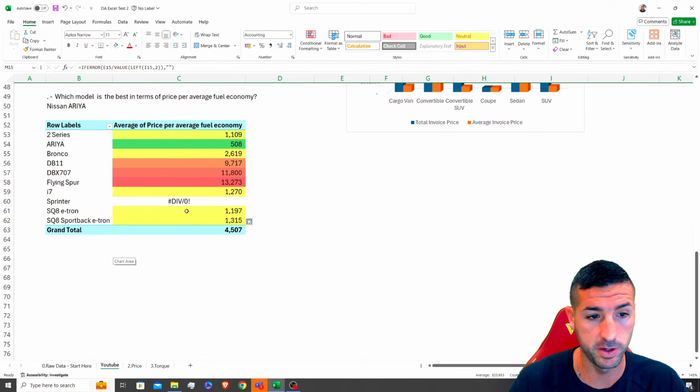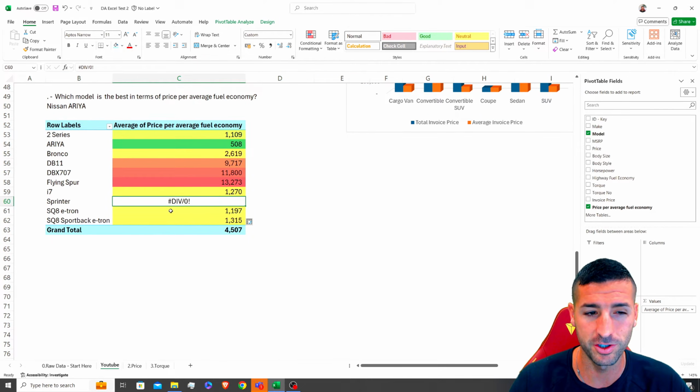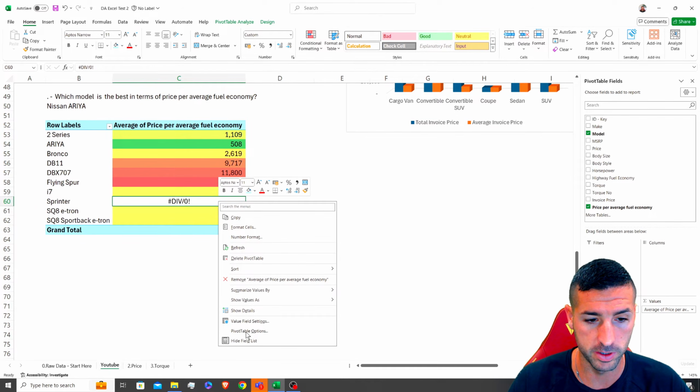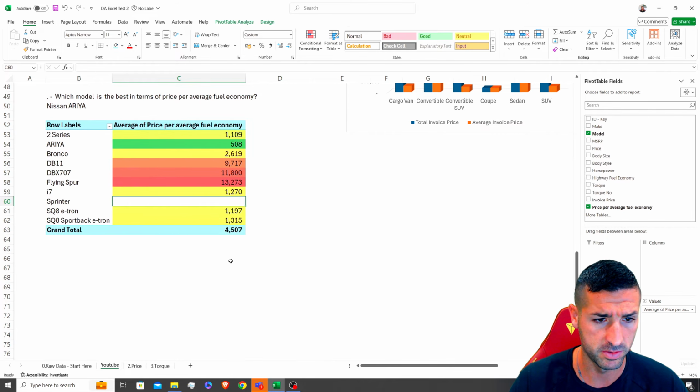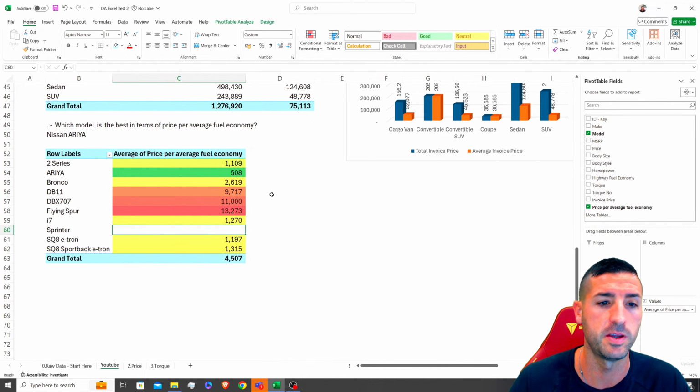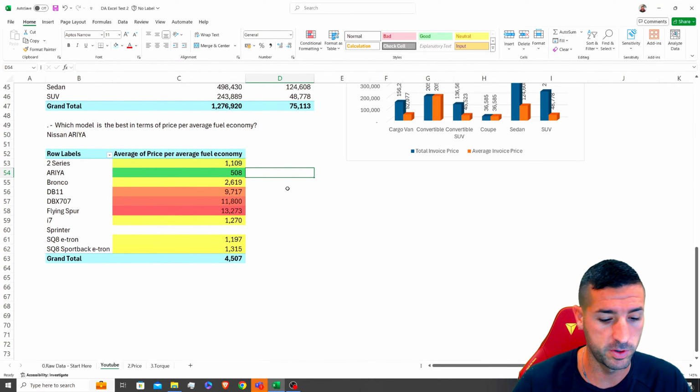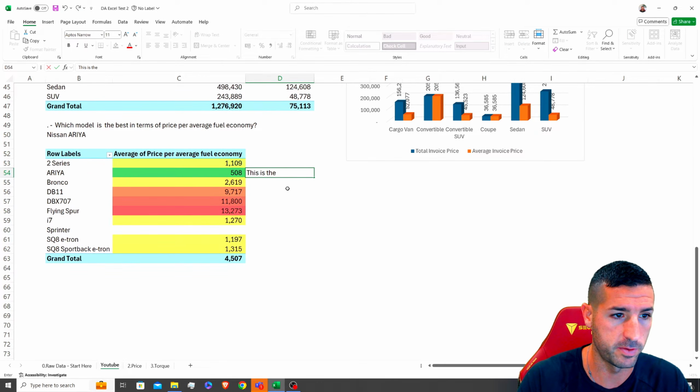So if I come down here, another thing you should do is that you should fix this so it doesn't show an error like divided by 0. So you can right click, do pivot table options, for error values show, and then I'm going to have maybe empty. Is that going to work? Yeah, there we go. It's empty. That's much better. And I'm also going to say this is the best model